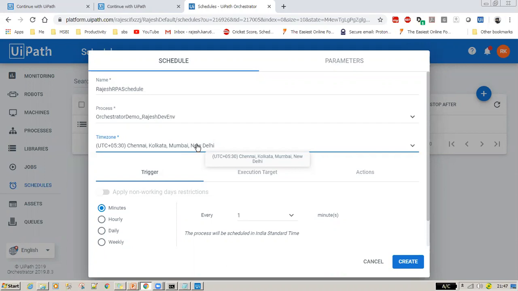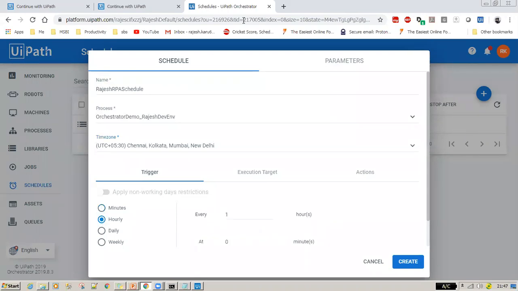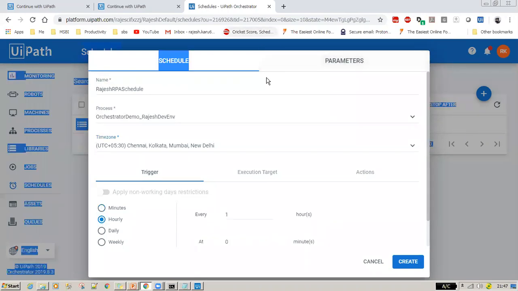In that, the admin team will define this process, and here on the trigger part you can define it on a minute basis. Say every 30 minutes you want this particular process to run, or on an hourly basis, or a daily basis, every day at a particular hour and minute it is supposed to run, or a weekly basis.